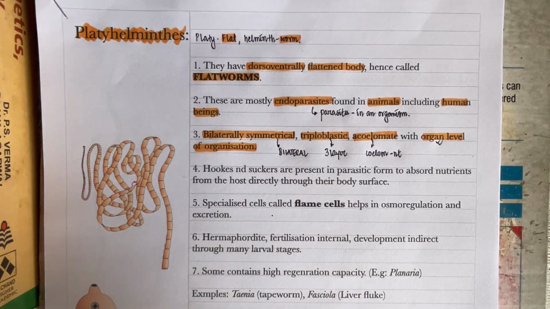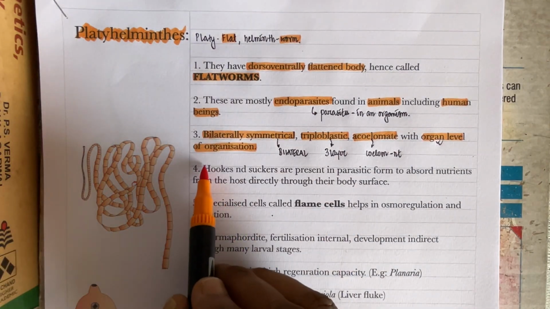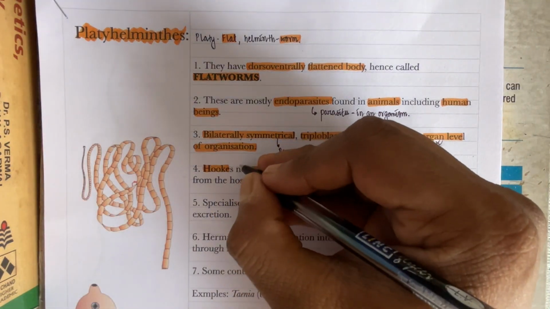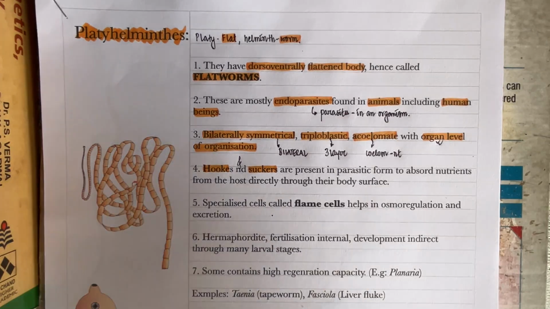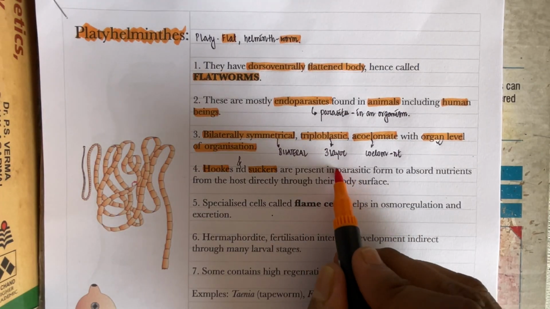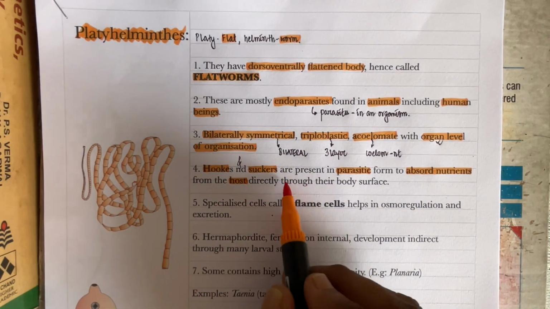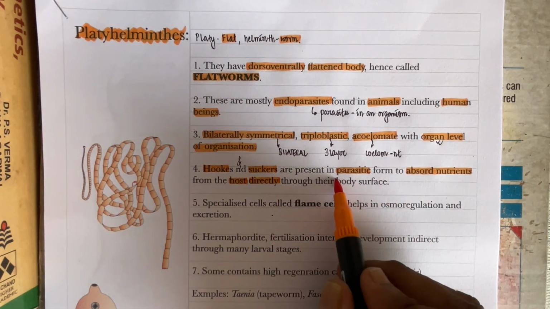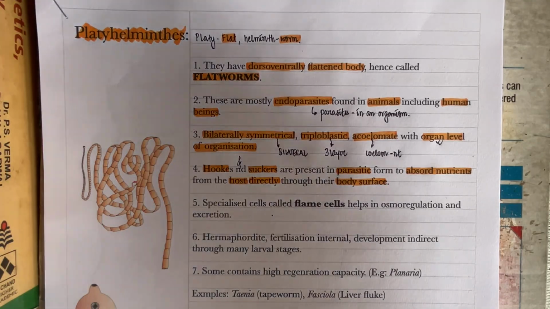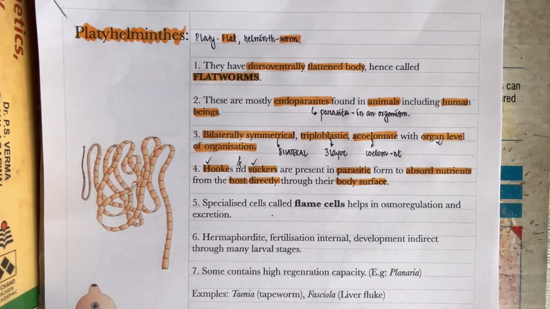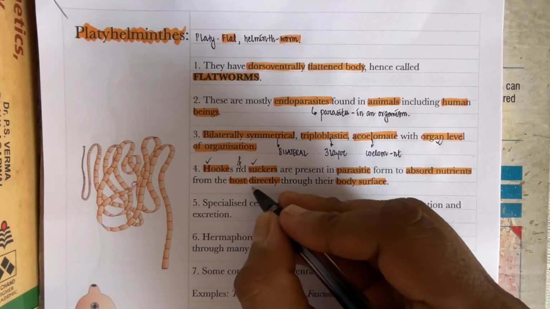The next important point is they have hooks and suckers. There is a small mistake, it will be 'and'. So they have hooks and suckers present in parasitic form to absorb nutrients from the host directly through their body surface. These structures called hooks and suckers help to hook upon a particular part of an organism and absorb nutrition, that too directly